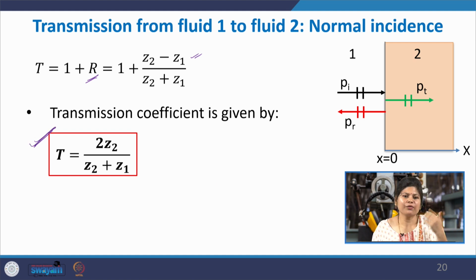The amount of reflection or transmission essentially depends on the characteristic impedance of medium 1 and 2. Here it depends only on characteristic impedance because we have fixed the per unit area and made the planar boundary. Suppose it was some different kind of structure, then obviously it would depend upon the design of the structure itself. With this I would like to end this lecture and hopefully see you next time for some special cases of this particular interaction.